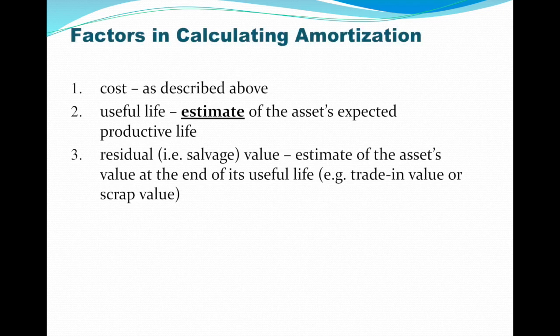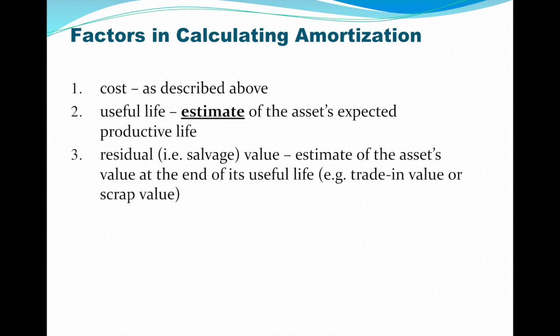So, factors in terms of calculating amortization. There's the cost, and we've talked about that. There's the useful life. All products and all pieces of equipment and buildings, etc., except for land, have a useful life, and that's why land's not amortized. Now, these useful lives are always estimates. They could be shorter or longer in real life, but there's always estimates that go with these things. And the other thing to keep in mind is the residual or salvage value.